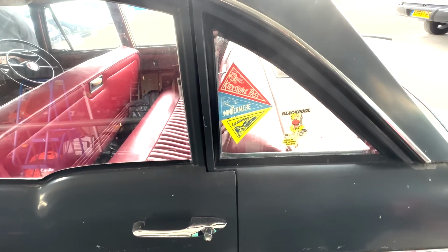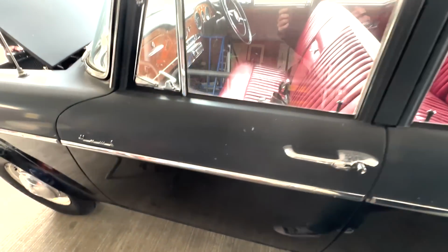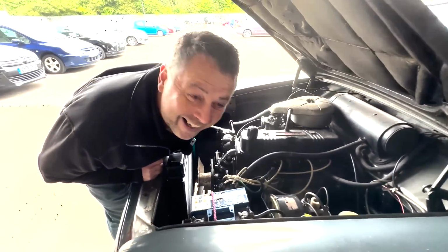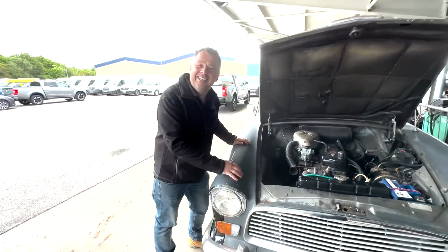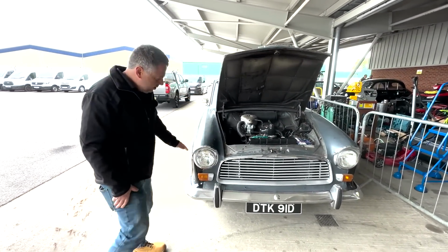Oh, I love those stickers. It's got some brilliant stickers on that side. And actually, an idiot under the bonnet. Yeah, an idiot under the bonnet, yeah. I didn't see the stickers, I'll have a look in a minute, I'll take your word for it for now,